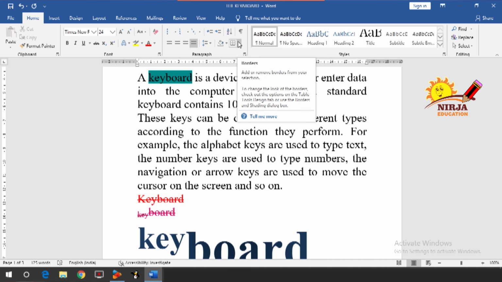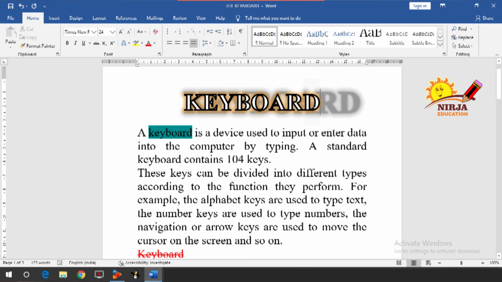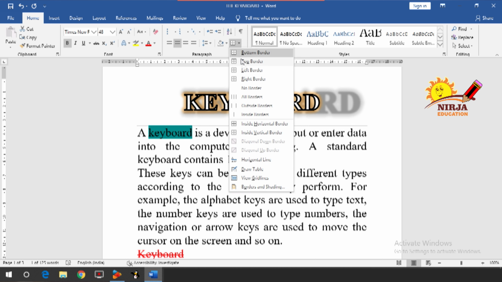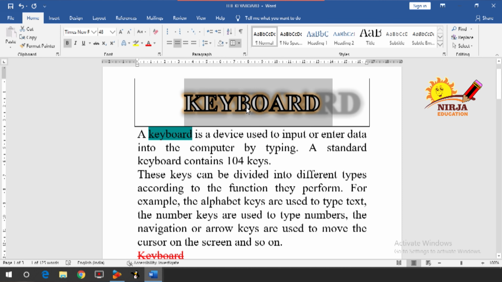Next up you have the borders, which add or remove borders from your selection. So I am going to select the keyboard word which we did in word art, and then I will click on the border, which will be bottom border, top border, left border, many options are there. I am going to go for the outside border. Did you see the outside border?